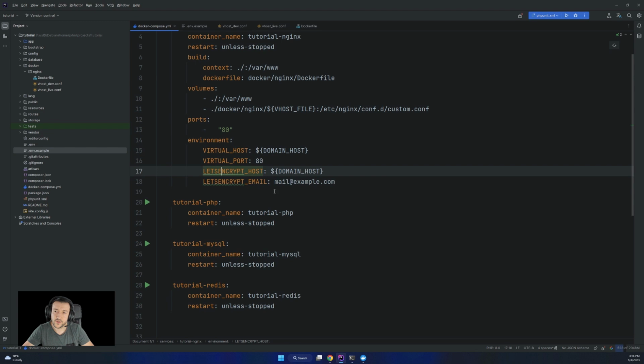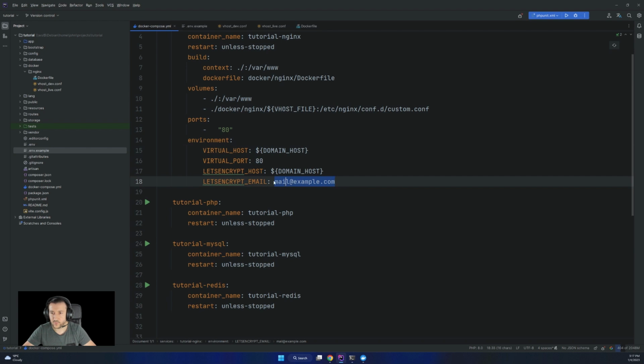So if this is exposed to the internet, then Let's Encrypt automatically creates SSL certificates, and your website will be accessible through HTTPS with certificates from Let's Encrypt that will renew automatically.